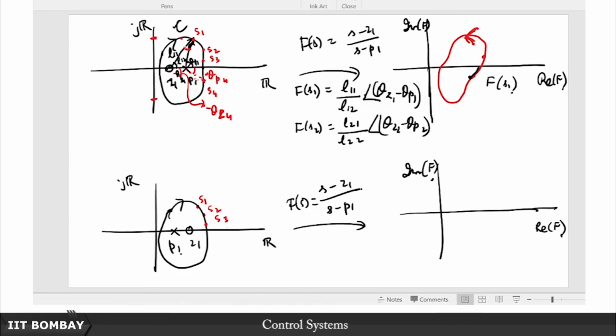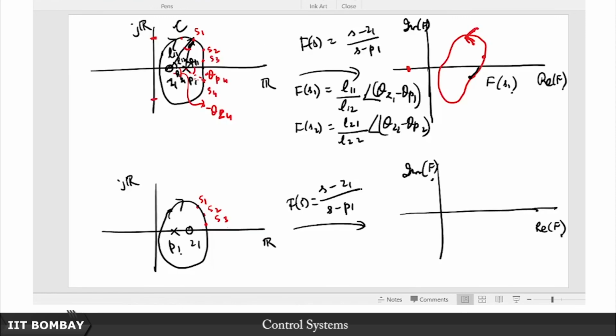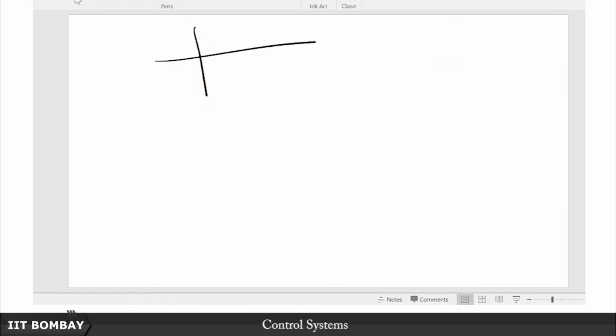Now if this angle has to be 180 degrees, which is what is necessary for a crossing on the negative real axis, then this contour must go through this. So let me redraw that here. Suppose you've been really nasty in choosing this contour, okay. So suppose you've chosen a contour somewhere like this, okay, let me take that. So it's a pole and a zero. So you have a pole here and a zero here, and suppose you've chosen a contour like this to include